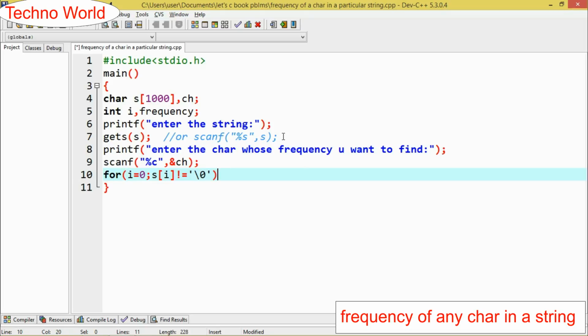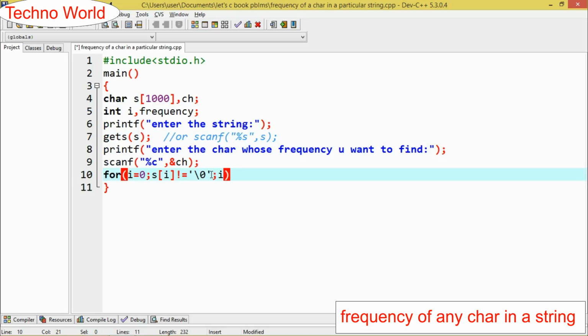When I enter a string like good, after the word good, \0 will detect that the string is over, and after good there is nothing to print or scan in this string. So backslash 0 is used to detect the endpoint of any string.